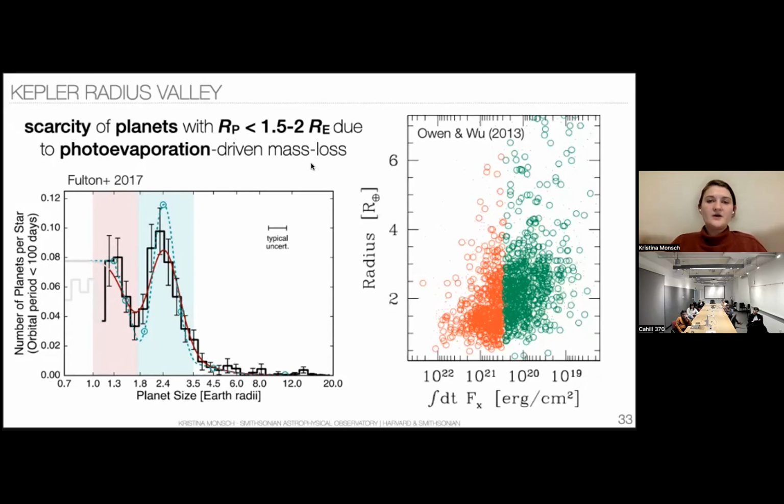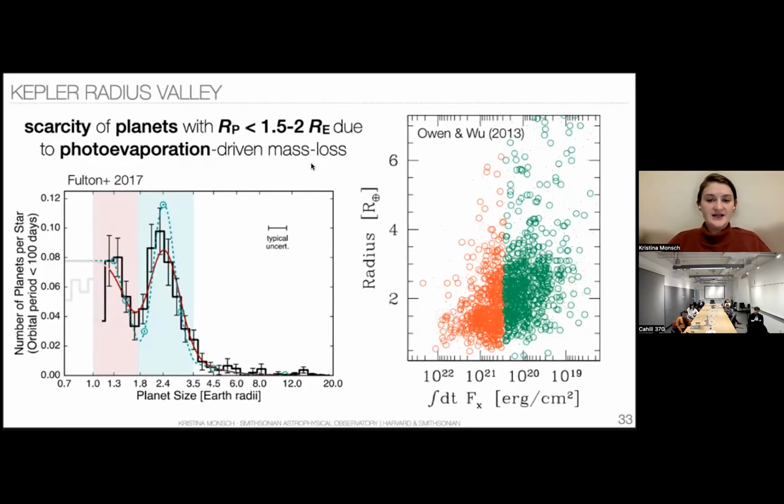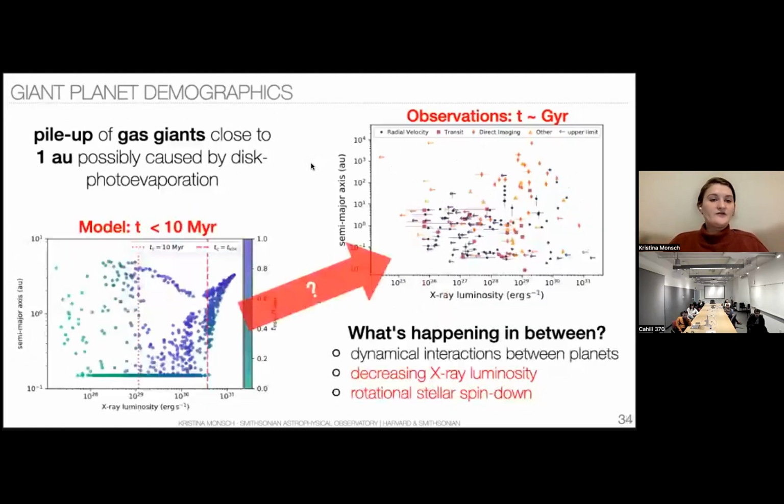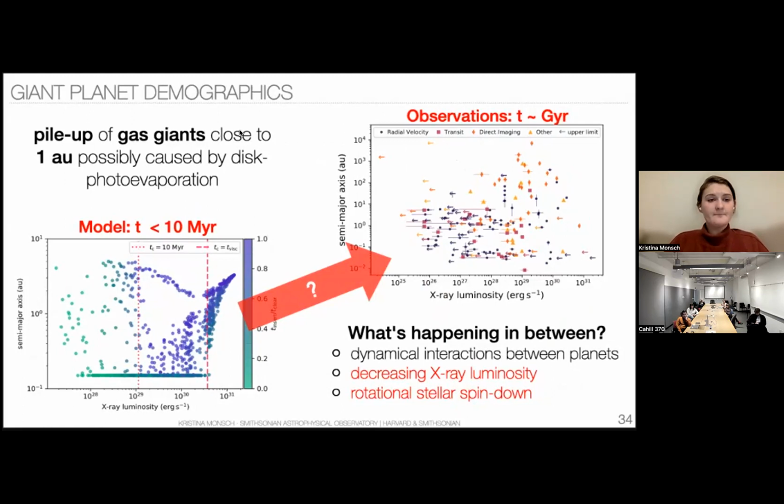However, we need to understand how the stellar X-ray luminosity is evolving as a function of age, because we know from observations that it decreases by up to 3 orders of magnitude within the first 1 or 2 gigayears of the stellar lifetime. But you can also use it for inferring or understanding giant planet demographics, which was specifically what I was working on during my PhD, where I was interested in understanding this pileup of gas giants that we're observing close to 1 AU. And this photoevaporation by the central star is actually very successful in explaining this pileup of gas giants